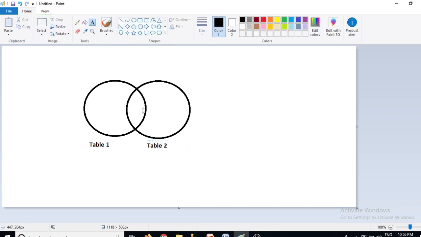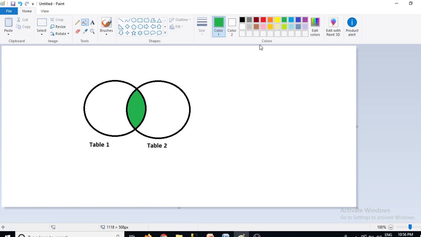And here, as we have seen in the inner join, these are the matching rows, right? Let me just provide some color. So these are the matched rows in both the tables, table 1 and table 2. These are the common records which we have seen in the inner join query.